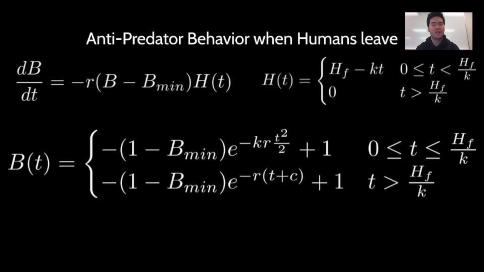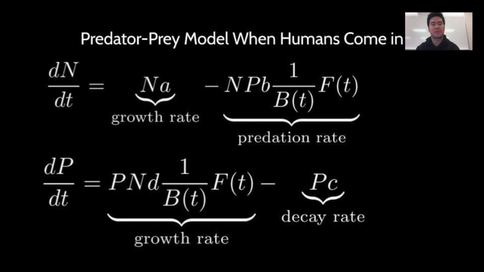In a similar manner, we also derive b of t when humans leave. Just like the previous model, the inverse of b of t is multiplied by the predation rate and growth rate. We also multiply predation rate and growth rate by the proportion of area that the